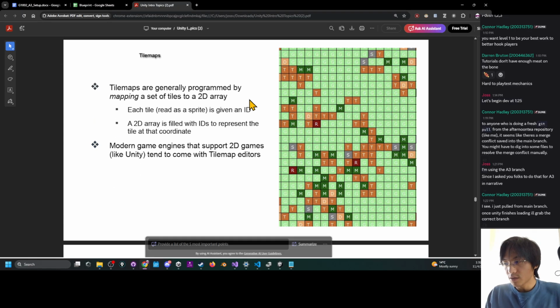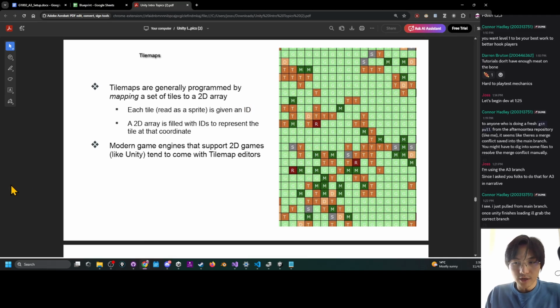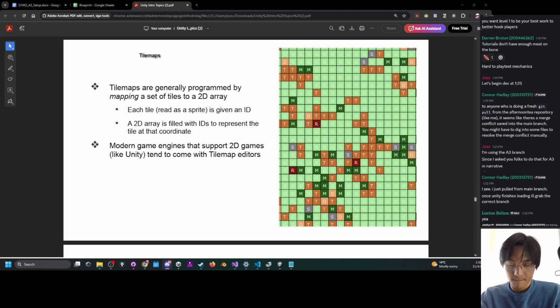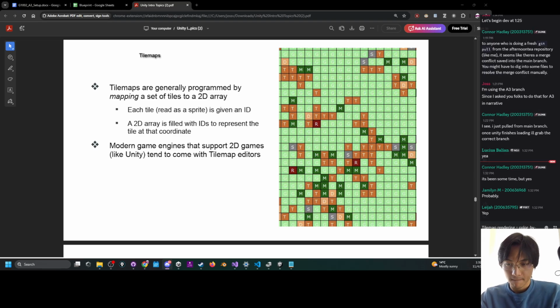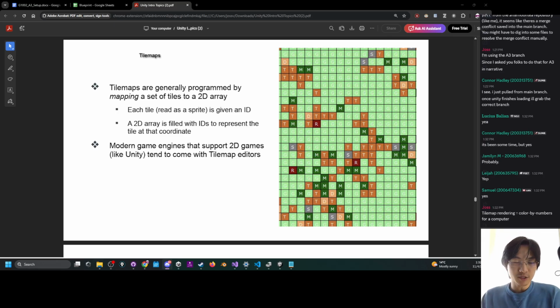The way it works is kind of like color by numbers. You guys ever done a color by numbers? That's when you have this sheet of paper with a bunch of areas in it, labeled number one, number two, number three, and then number one you put red, number two you put green, and so on. For this, instead, we're just making a color by numbers chart for a computer on a grid,